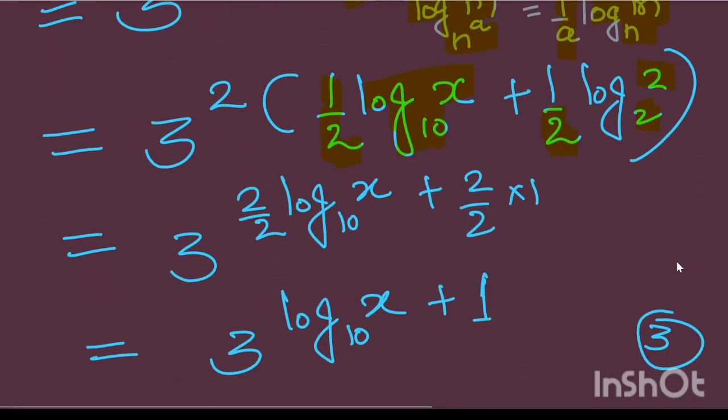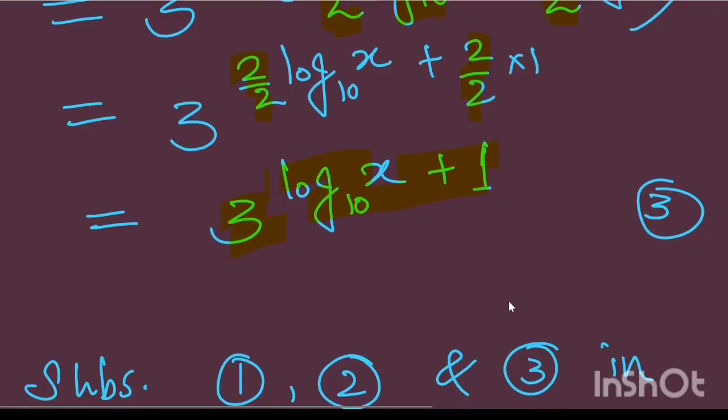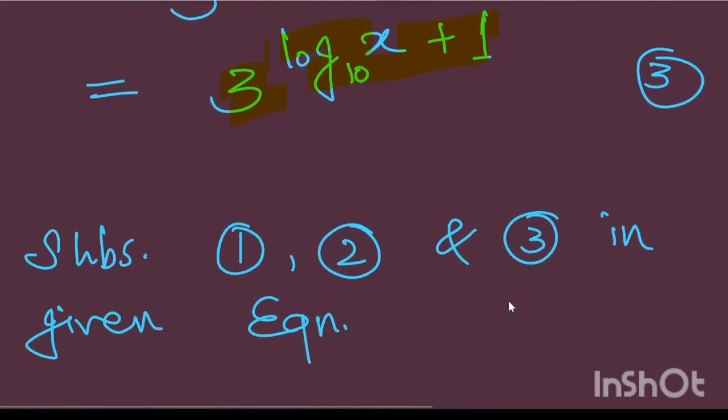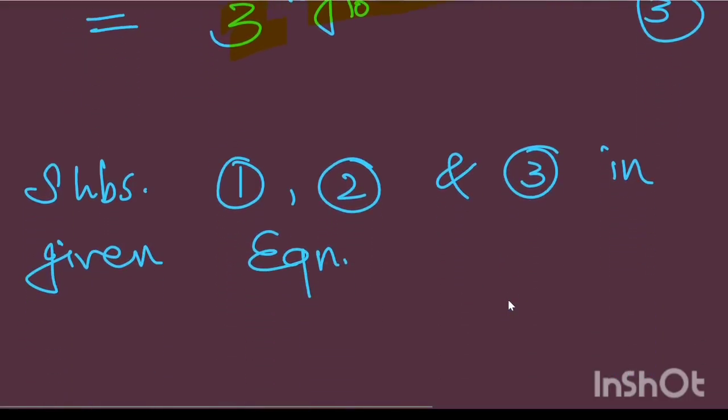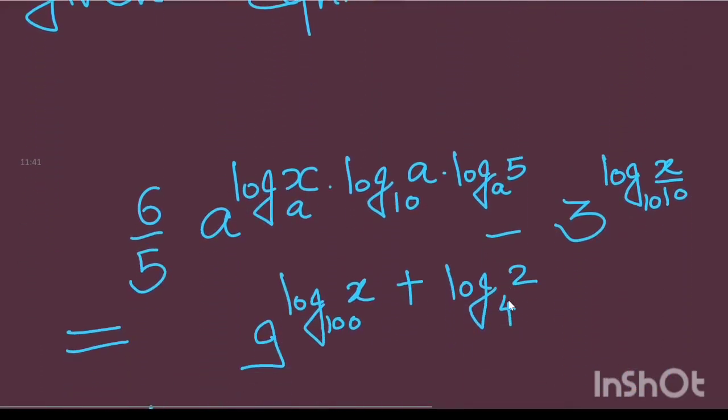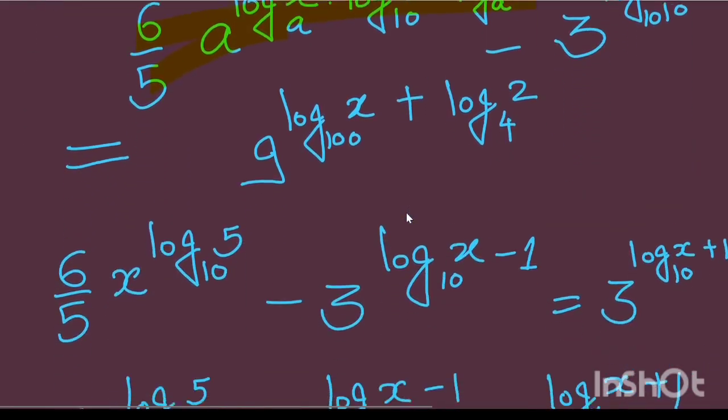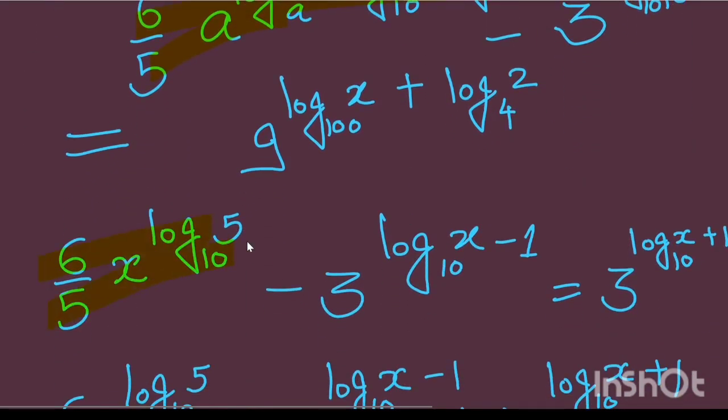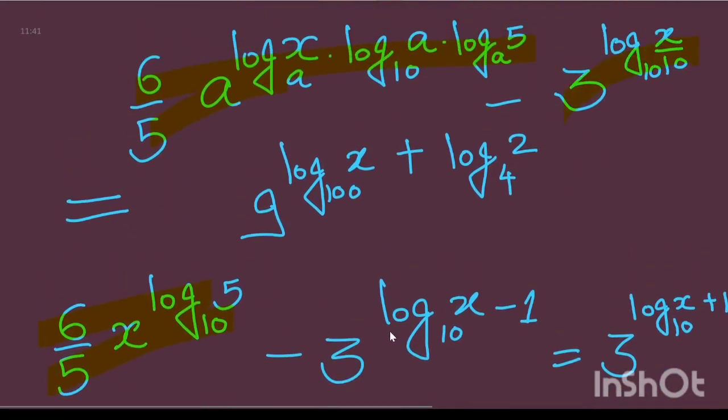So now this 2, which is in multiplication, is multiplied in both the terms, making them 1. So finally we got third as this. Now substituting first, second, third, which were the simplified values. This was the first term. The first term simplified is this. Now the second term is simplified as this, and the third term in the right hand side is simplified as